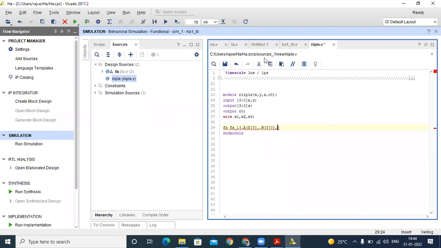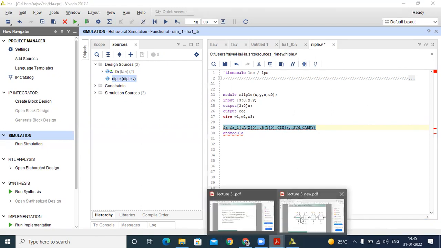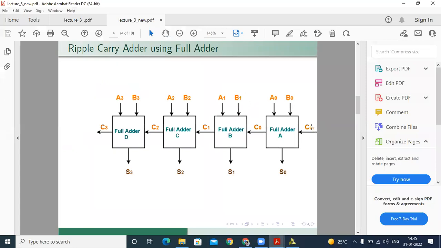In our full adder, we have A, B, and then C in, sum, then carry. So here we write C in first, because connecting it is a little confusing. Dot, then C in, then in the full adder we have sum, then carry. You write sum, and then carry. But how do we connect it in our top module? For sum, we already know. For carry, firstly we take it as 0. That's why we fix this port with 0.